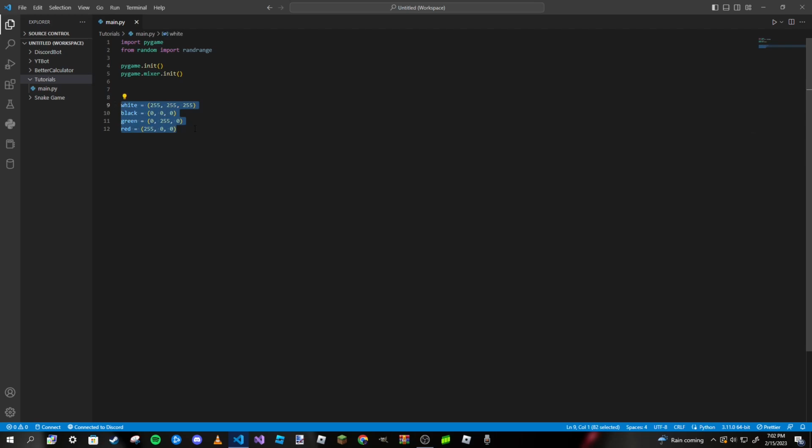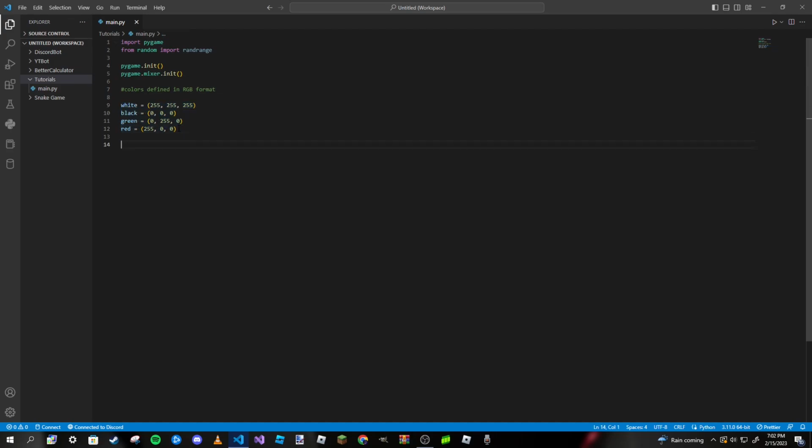But for this video, I'm going to do the best thing I know to do, which is just stick to RGB colors. So I'm going to make a little note up here: colors defined in RGB format. Just so you guys know that these are all RGB colors. And yeah, so that is it for our